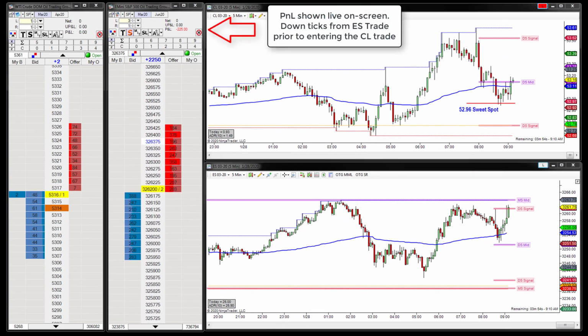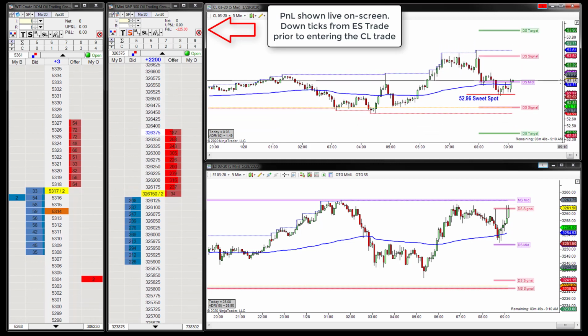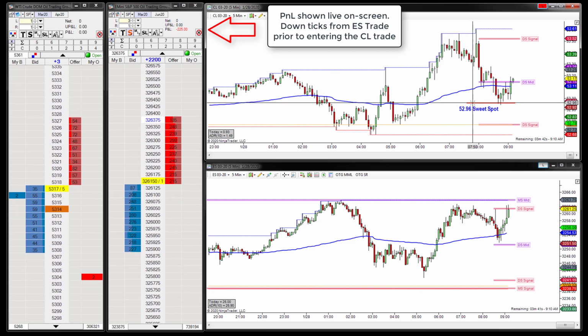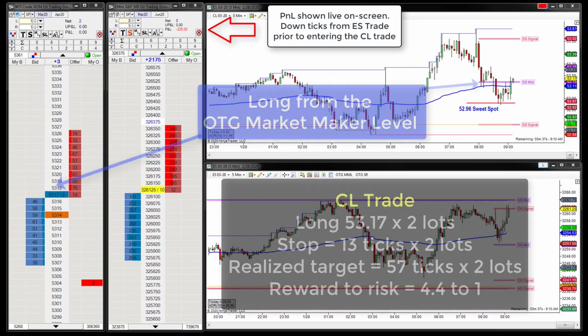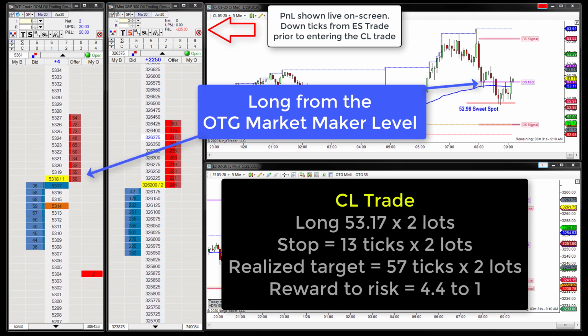16 long, stop will be 04. 16 long, stop 04, looking for 52 to 90 possible up above. That's also a continuation off of this sweet spot here. Let's go ahead and put it in and try to get in at 17 if possible. I am in at 17. Stop is still 04, below that